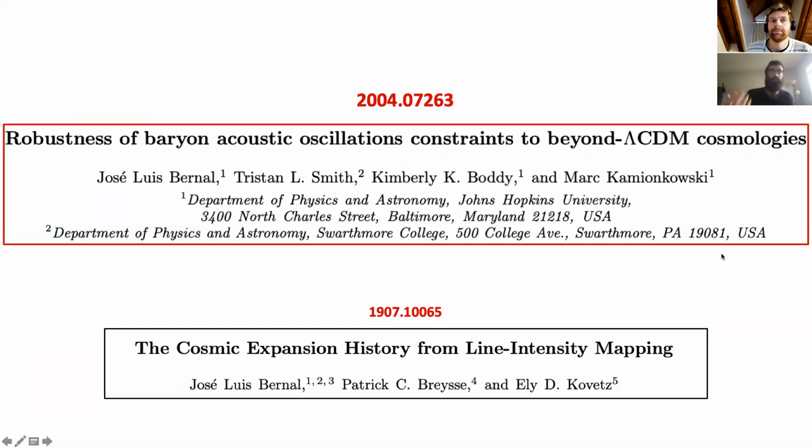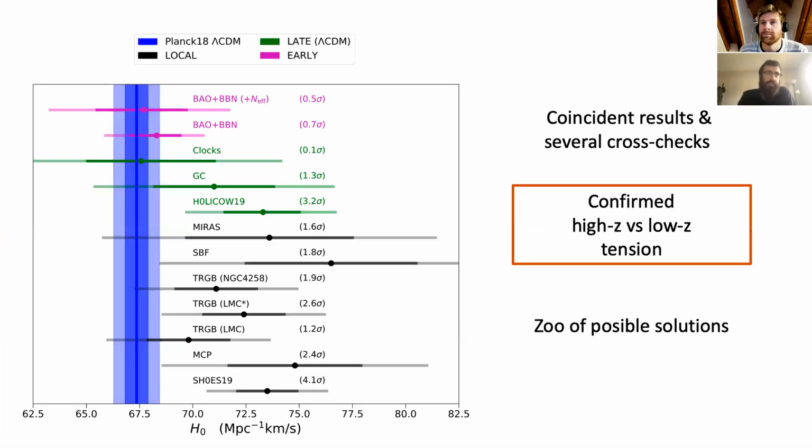these are the two papers I'm going to talk about. I'm going to give more weight to this one about the robustness of BAO, as I said. And here is mostly the current landscape, although this changes almost every week, of the current constraints on the Hubble